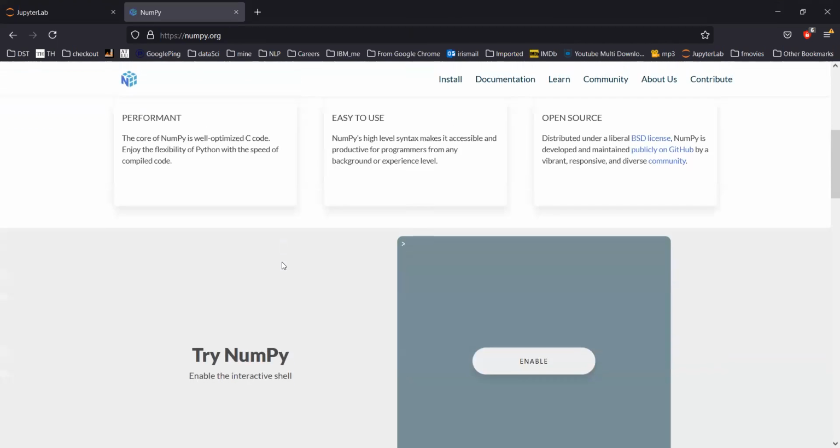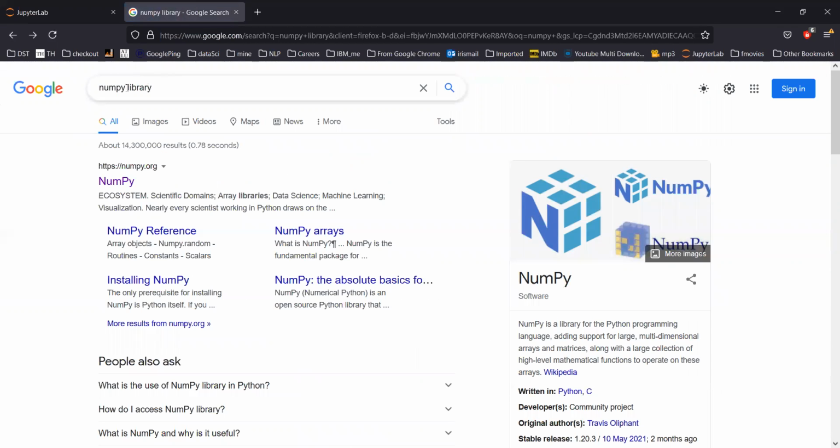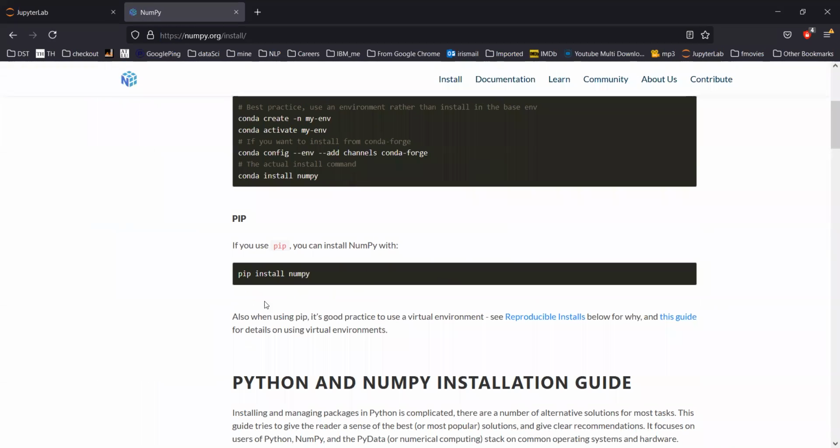So that's the thing. If you get a chance, try to simply search the NumPy library. Just try to read what it is. If you go to Wikipedia, that will help you. If you want to go into details, these libraries have pretty great documentation. Okay, so any library, if you want to install it in your Python, this is the simple way. Pip install the library name.